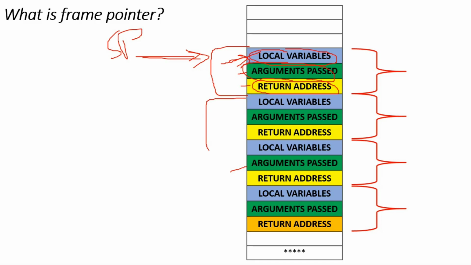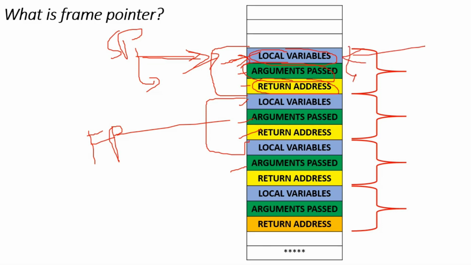So inside the stack frame there are multiple sections, that is local variables, arguments and return address, that can be accessed using the frame pointer. The frame pointer is in relation to the stack pointer. We use the frame pointer to access every part of the frame, and the stack pointer is used to access every frame directly. So using the stack pointer I can push a new stack frame or pop out a particular stack frame. But inside the stack frame, if I need the return address, arguments or local variables, I have to use the frame pointer in relation with SP. So this is called the frame pointer.